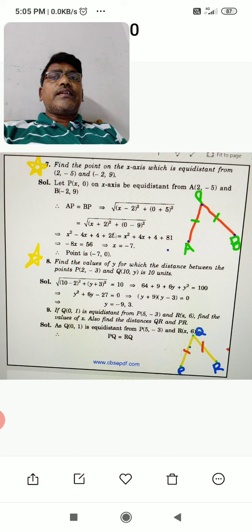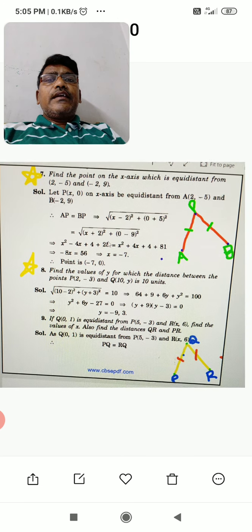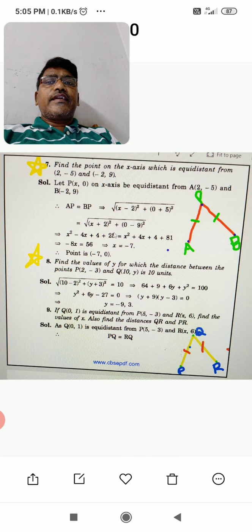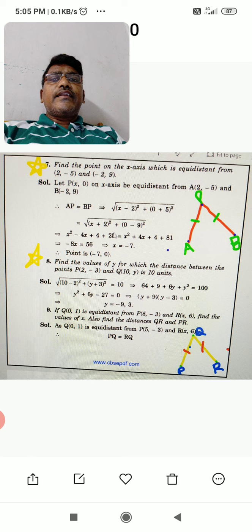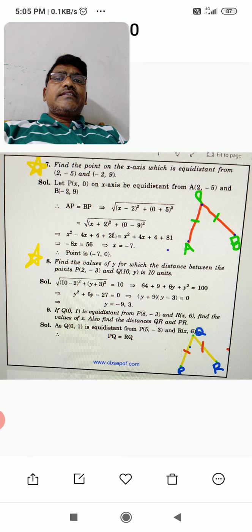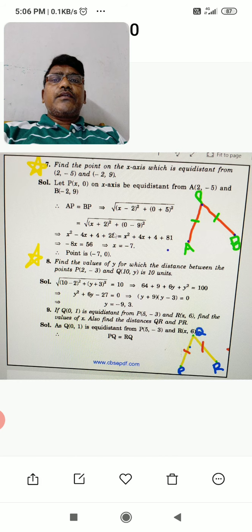Here these two are equal, it is given in the question. You see here x square is going to cancel, both sides are the same. Minus 4x goes to that side and becomes 8x, or you can take 8x to this side also. Already minus 4x is there, so 4x transposed to LHS becomes minus 8x equal to 81 minus 29, since 25 plus 4 is 29, that is 56. So we want to find the value of x. The multiplication by minus 8 transposes to that side and becomes divide. 8 sevens are 56, minus is already there, so x equals minus 7.